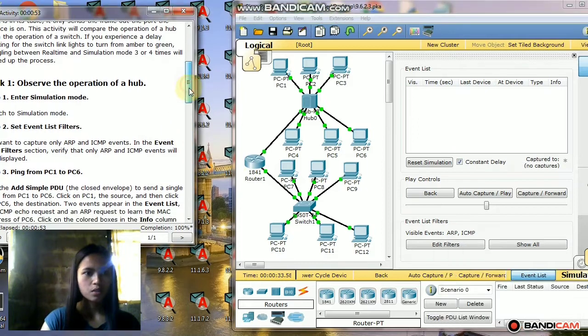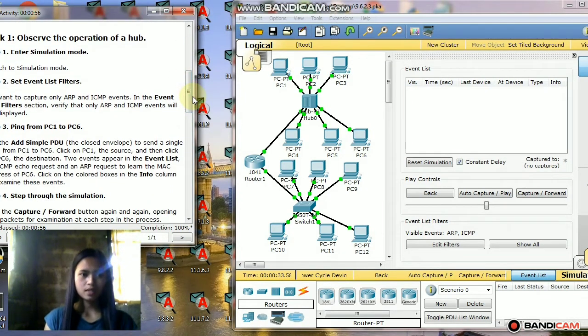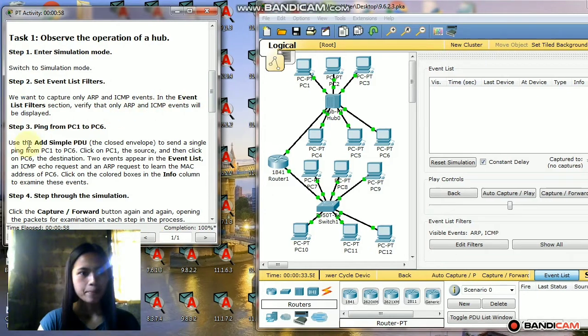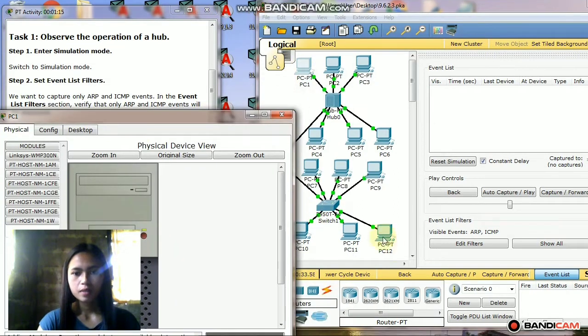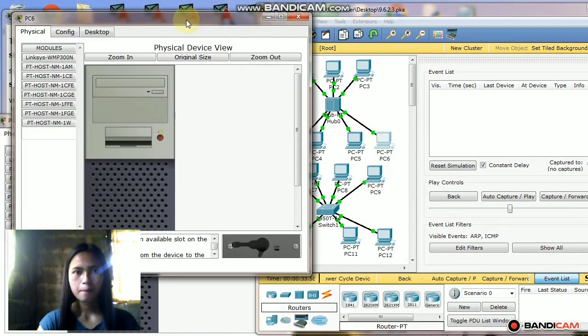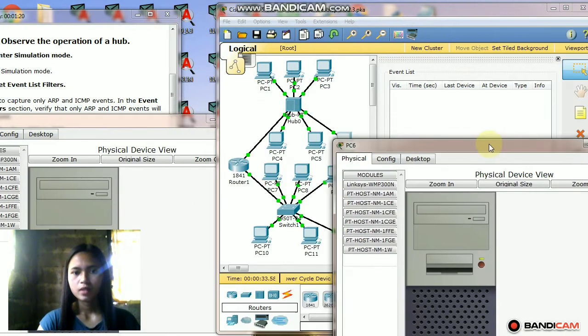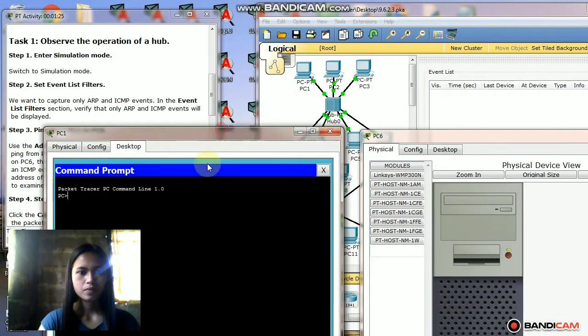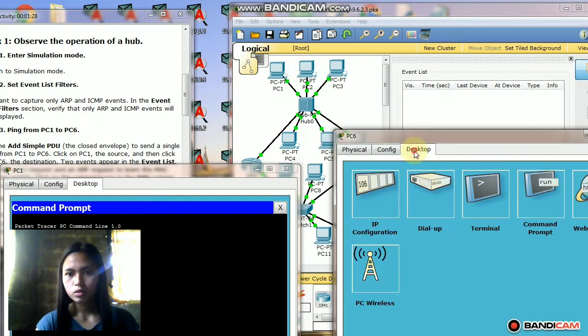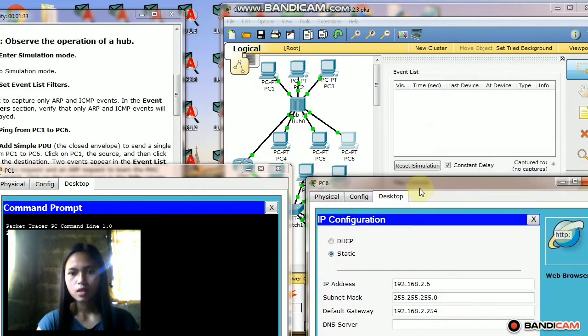So next is step 3, ping from PC1 to PC6. Use the Add Simple PDU tool to send a single ping from PC1 to PC6. Click on PC1, the source, and then click on PC6, the destination. So click PC1 and PC6. In PC1, I'm going to Desktop and Command Prompt. While in PC6, I'm going to Desktop and Configuration and type